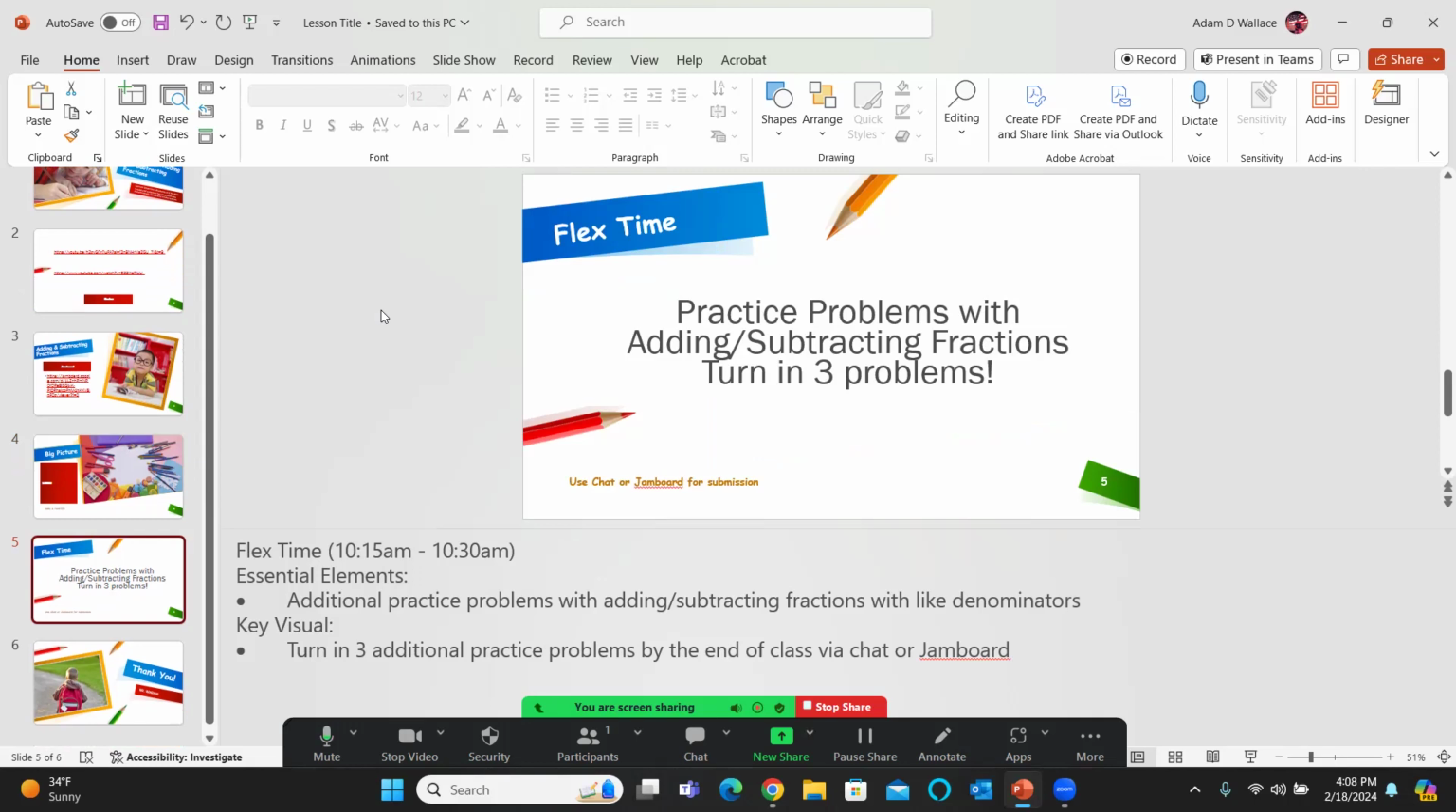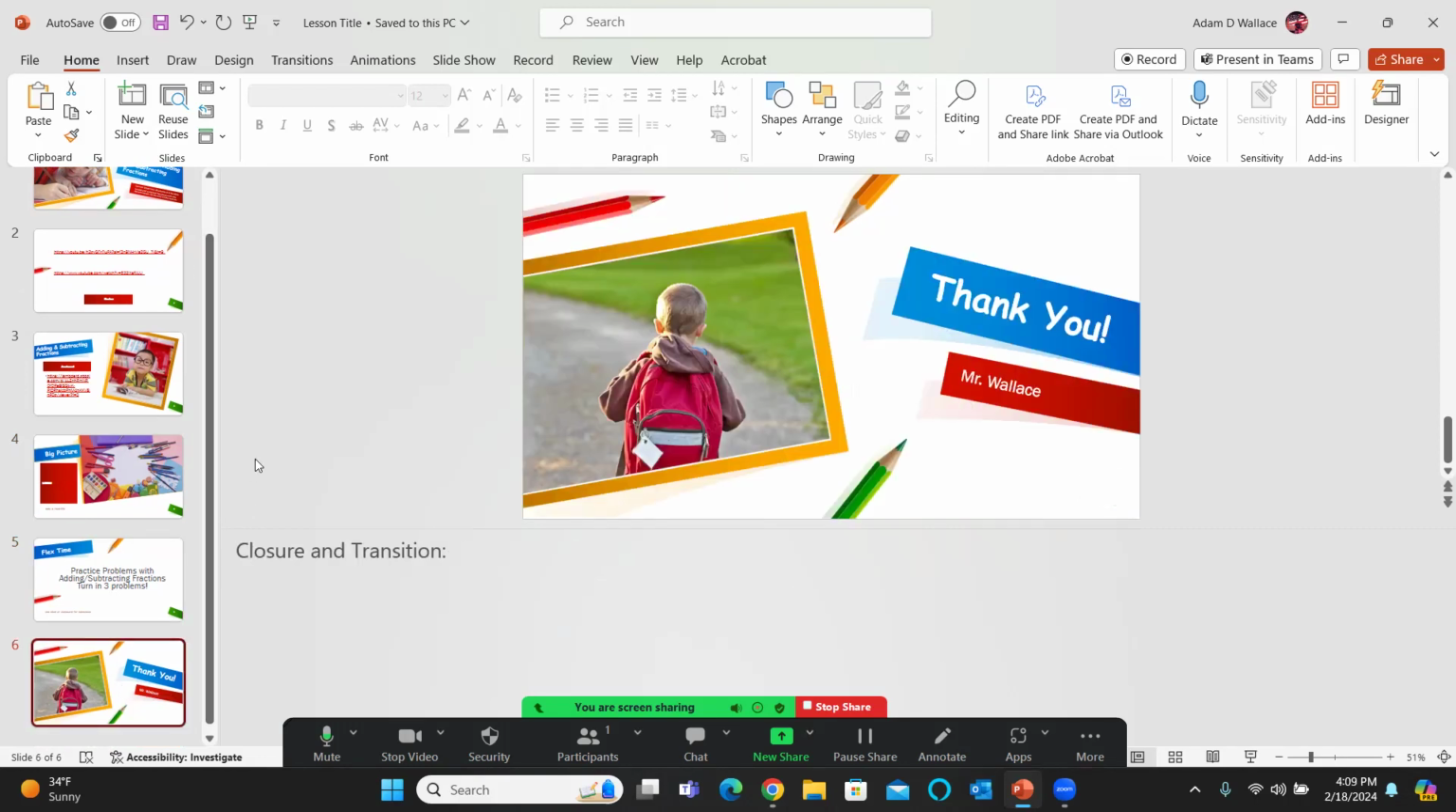And then we'll move into that flex time, in which I'm going to have students practice the problems with adding and subtracting fractions. The goal is for them to turn in 3 problems before the end of the class session. They can do this either simply by typing in the chat using the Zoom chat feature, or they can use a whole class Jamboard that I had set up in one of those links. And then as they're doing that, I'll close out the class, letting them know and reviewing the objective and the title of the lesson again, and transition on out,